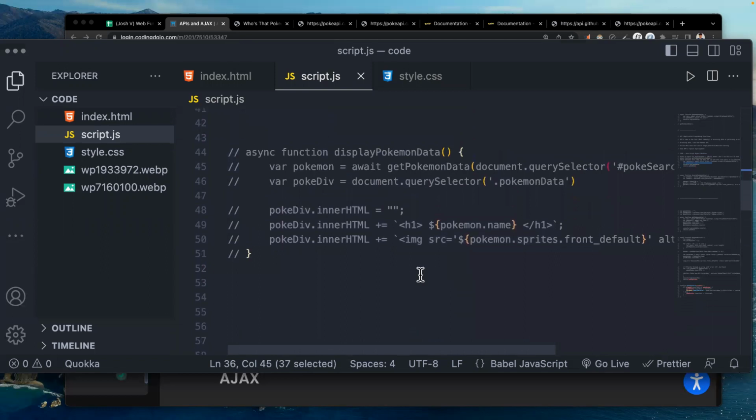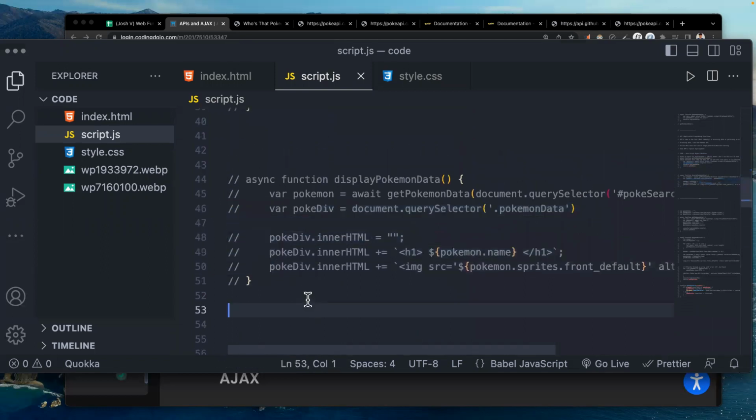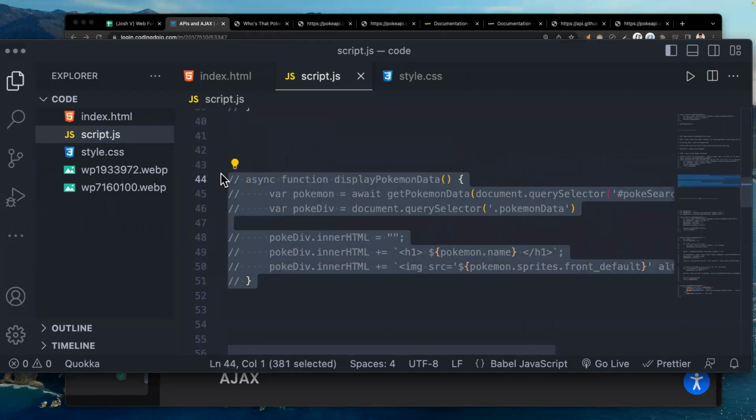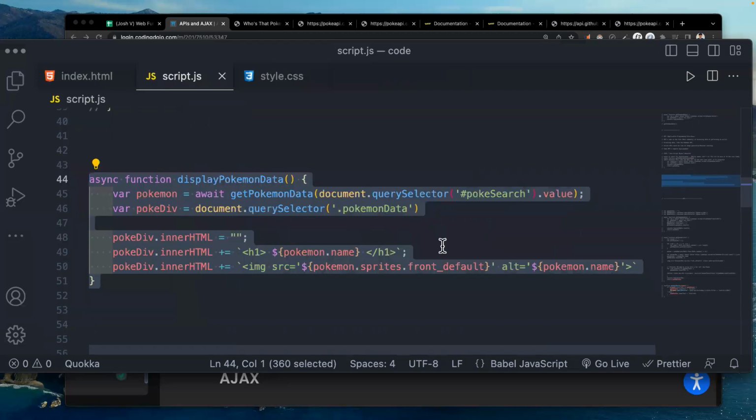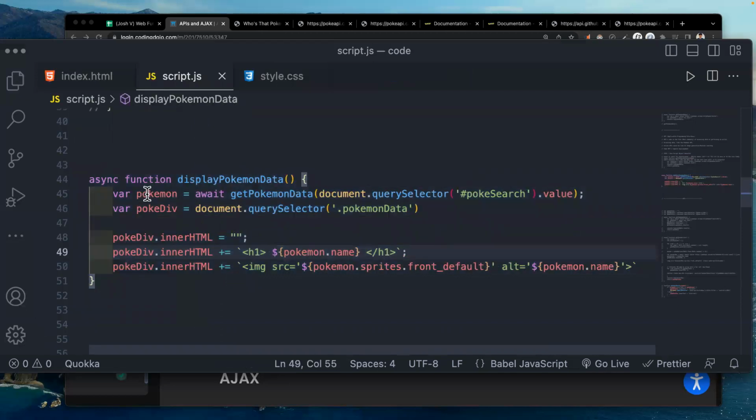Okay, so I have another example here. We have an async function called displayPokemonData. This variable pokemon is going to be an await. It's going to get this Pokemon data.